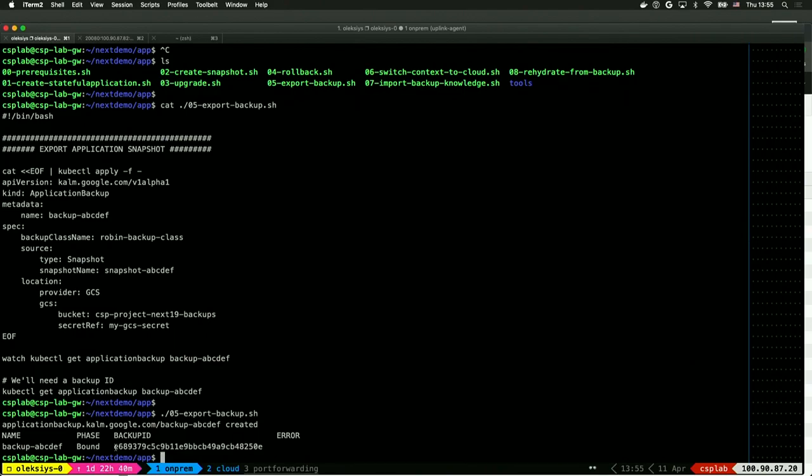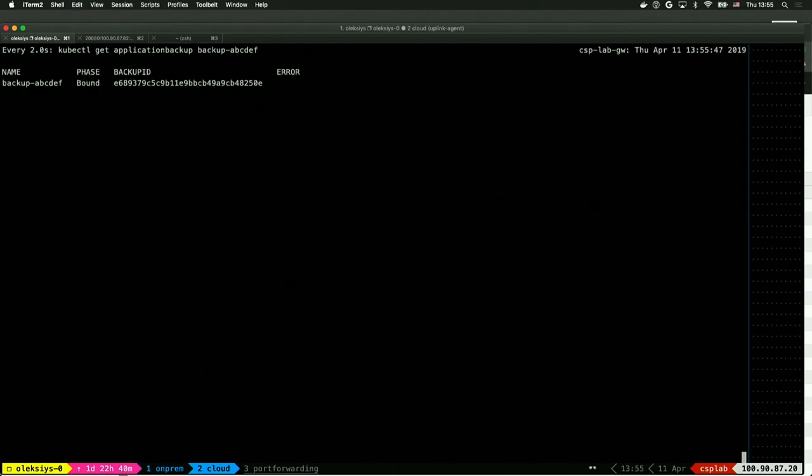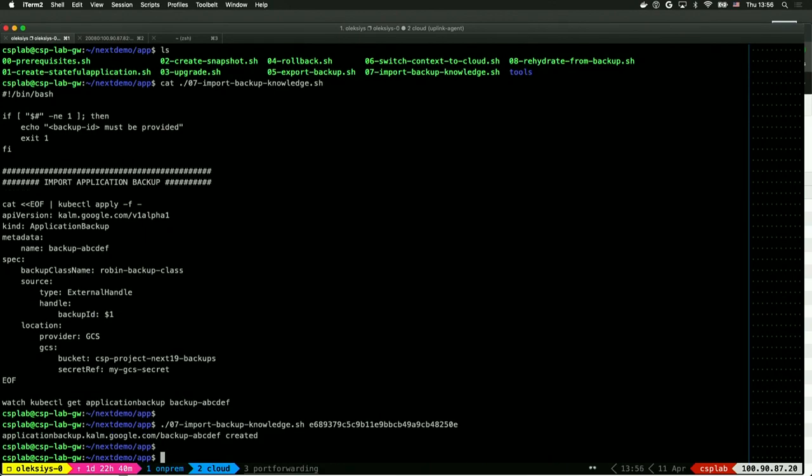from the on-prem, and let's go to the cloud and run the script. Okay, so now we see that information about the external backup was imported successfully and pretty fast. The reason it's so fast is that we don't actually import data, we import only knowledge about the backup. On the next step, we are going to rehydrate the stateful application from the backup. So I'm going to run this script,